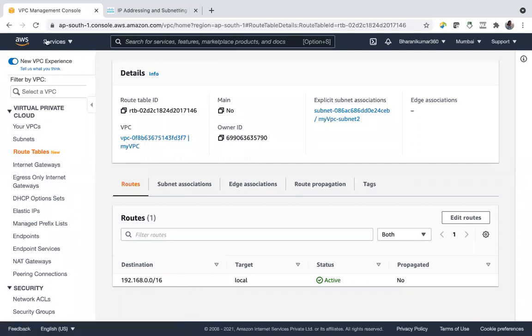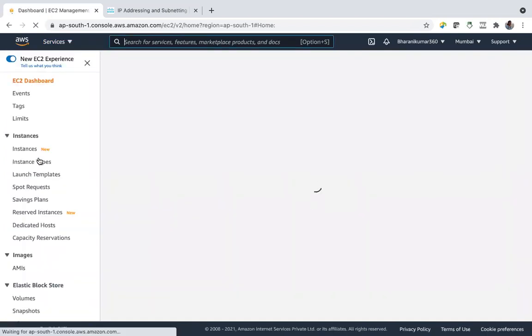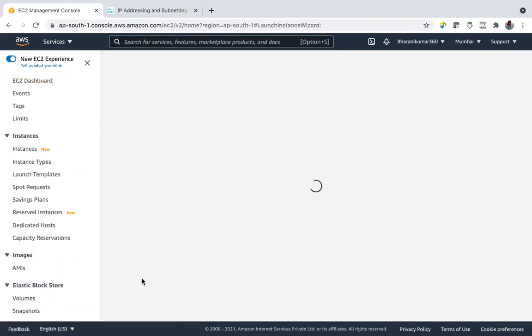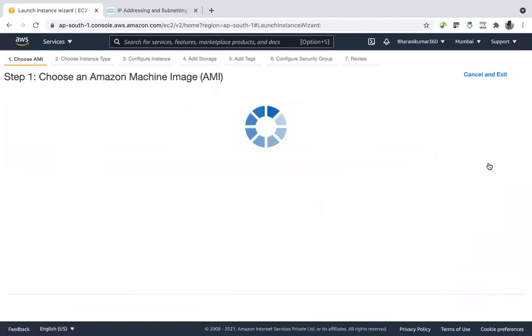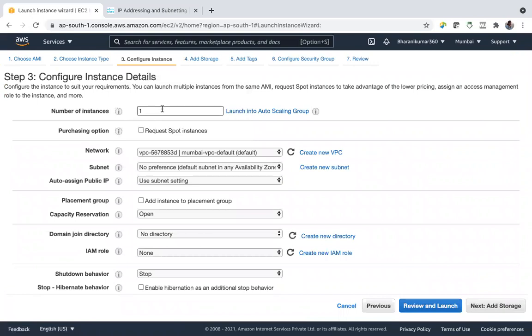Let's go to EC2. Launch instance. We know all these things, right?